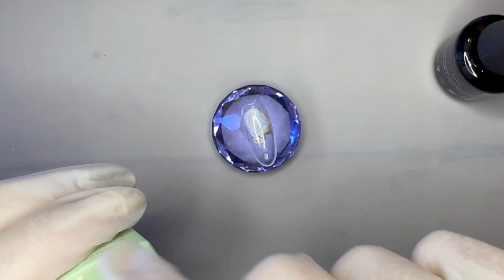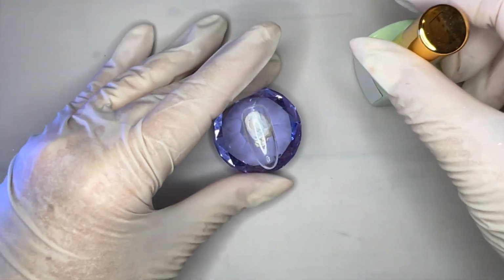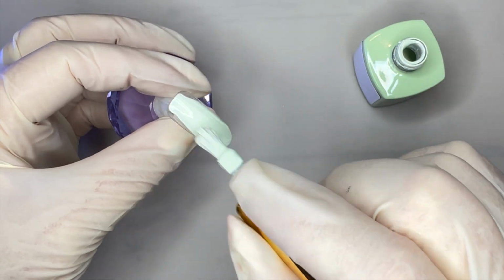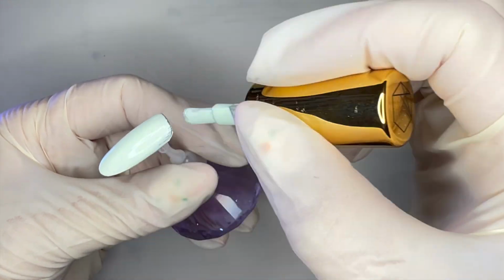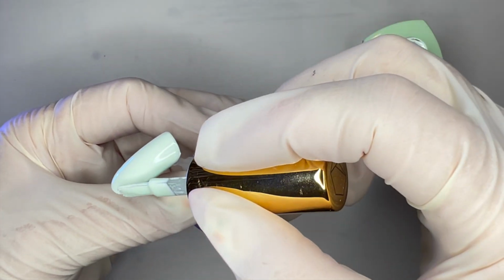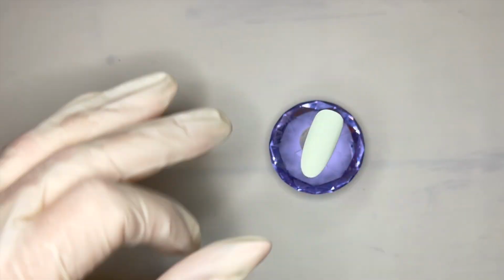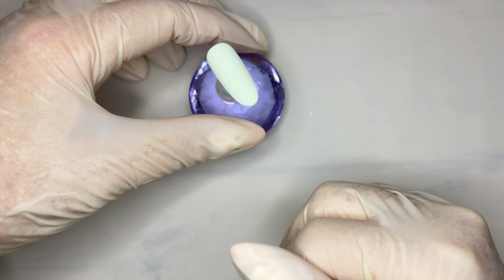For the next one though, I'm going to do a lighter background just so that the colors of the ladybug can pop. And this is going to be the full nail ladybug. And this is Tea Leaf from a Prey. All right, so once again, top coated with Velvet Matte. And I'm going to go in with,